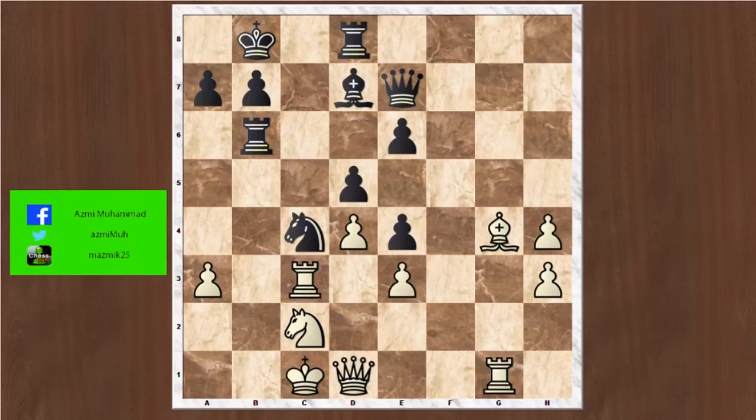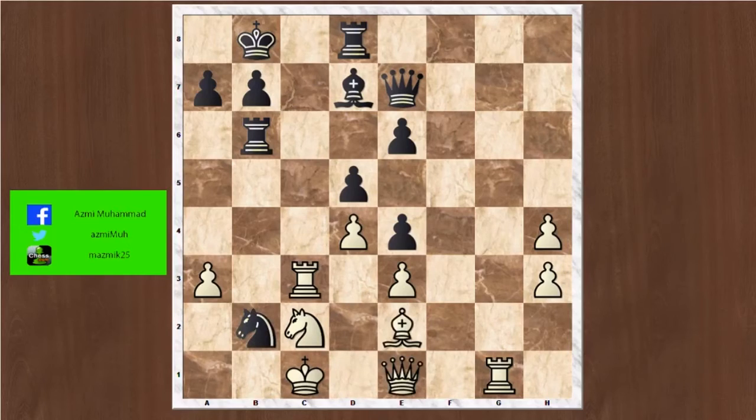So bishop to e2 and then knight to b2, and you see after that why I tell you that bishop to e2 is a blunder, because then here comes knight to a4. This rook is out of square. Okay, queen to g3 check,